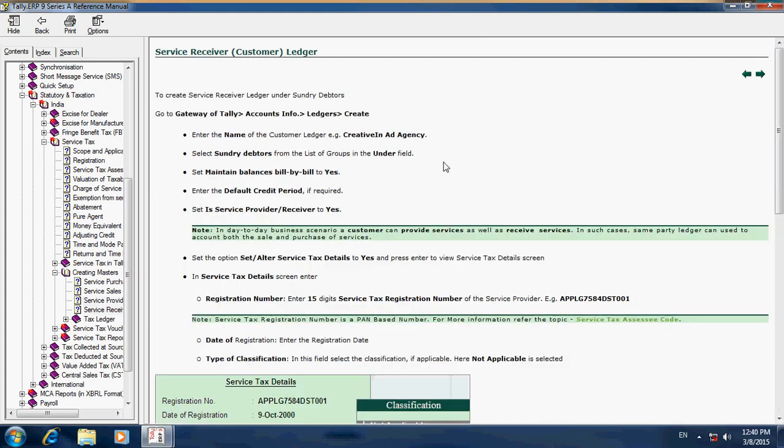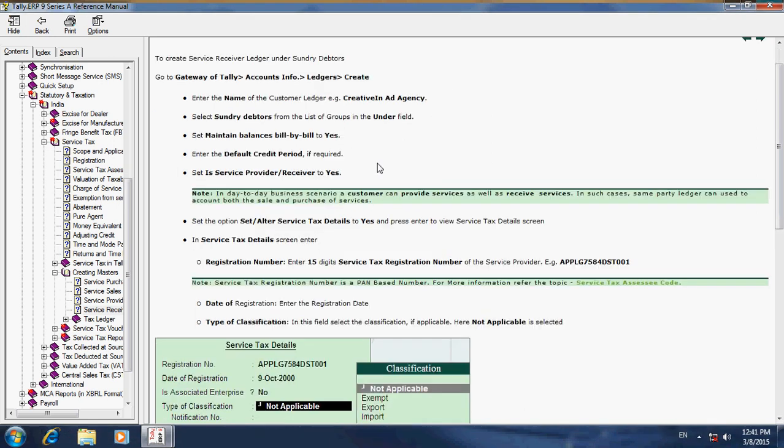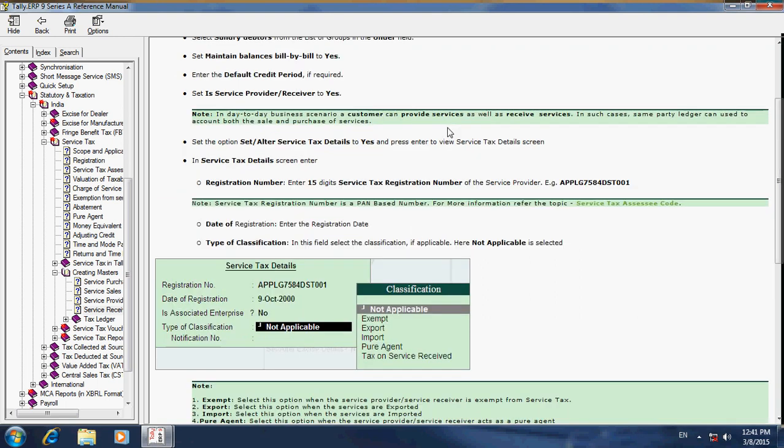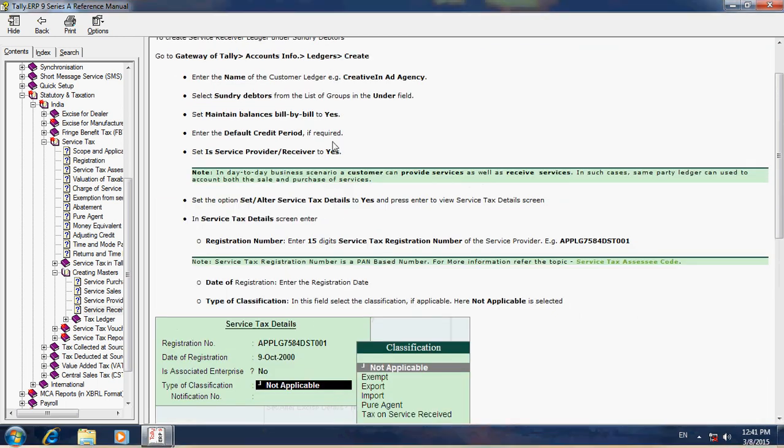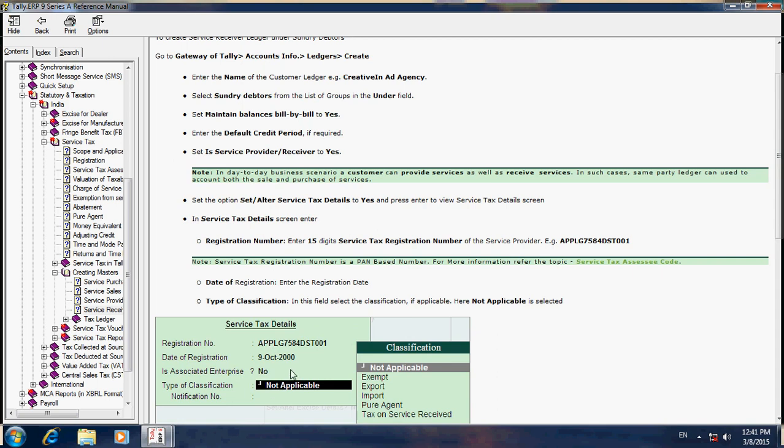Similarly, the service receiver customer ledger. Customer ledger means that in sales you are using your customer name, that is called the customer ledger. Create the customer ledger to whom you are raising the service invoice. For example, create an ad agency customer, that is your customer. Under group Sundry Debtors, similarly the service provider details you have to give here.